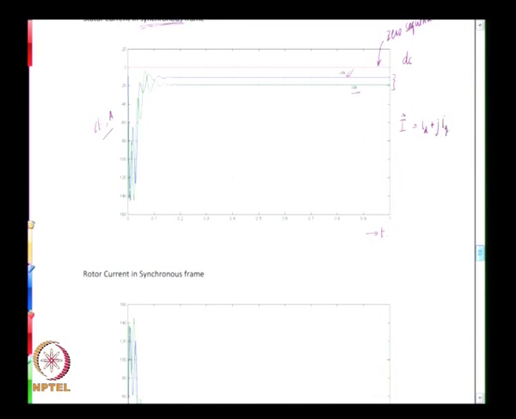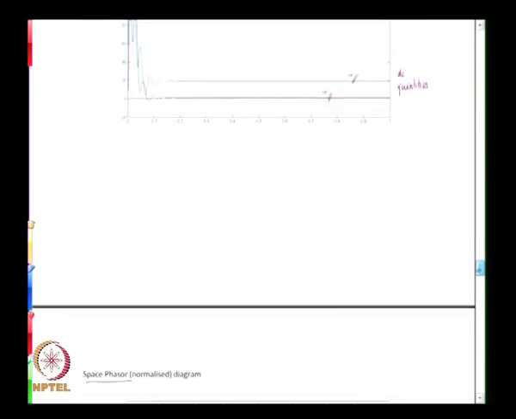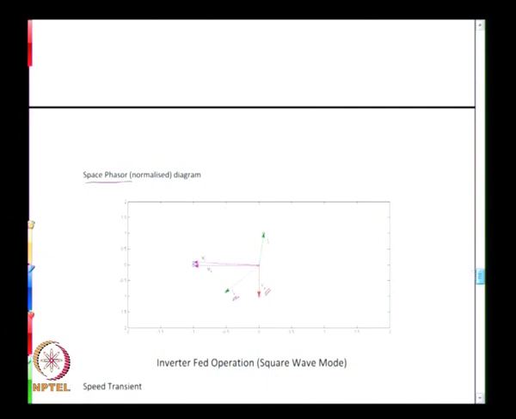Both are negative, and therefore, please note that 0 of the imaginary axis is here, 0 of the real axis is here. So this point indeed is the origin, and with respect to that you can then have the stator voltage phasor